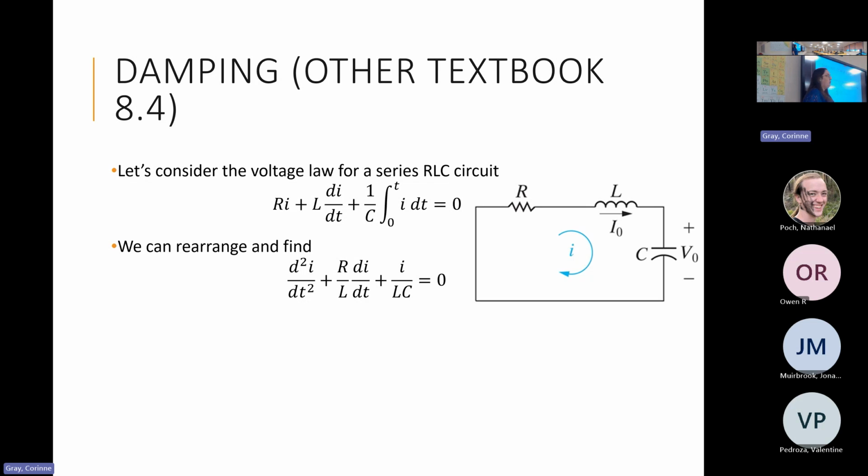So we need to get rid of the inductance. So we divide all the other terms by L, making it such that our terms are the second time derivative of the current plus the resistance over the inductance times the time derivative of the current plus current divided by inductance times capacitance. And if we were able to go through and solve this,